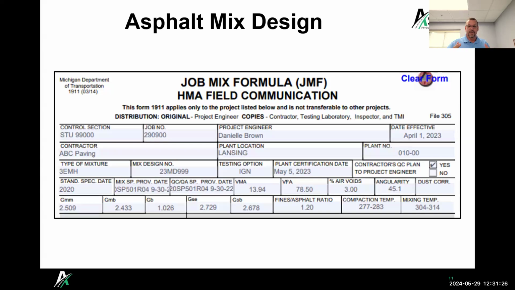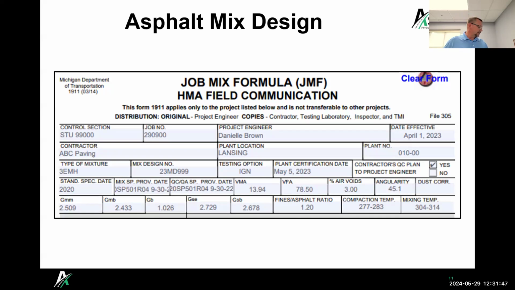So we've taken that loose mix and we've compacted it, and really those two tests are very important for calculating your air voids, your VMA, your VFA. Those are tested values that you need for your mix in order to calculate what are my air voids, what are my VMA, all your volumetric properties.